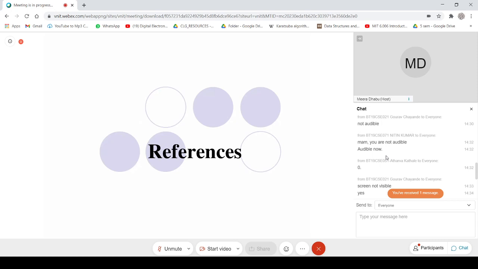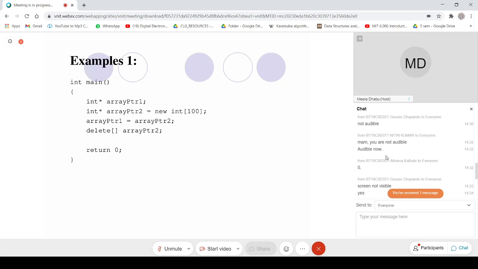Now look at this example and tell me, is there any problem with this piece of code? New is just like a malloc, and delete is just like a free.